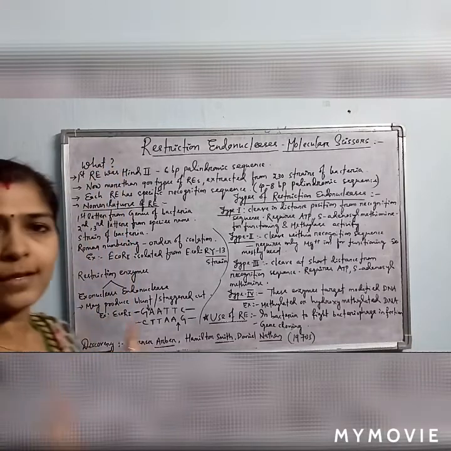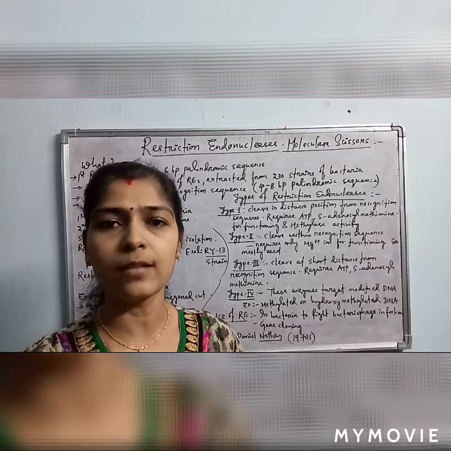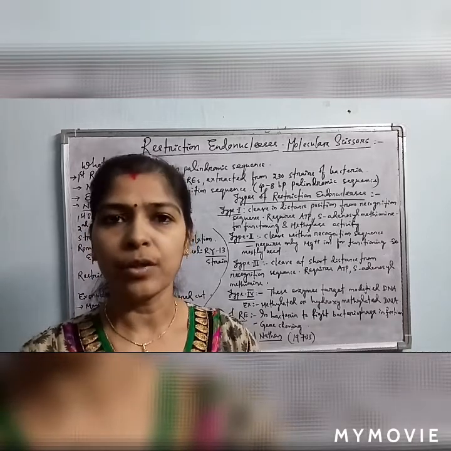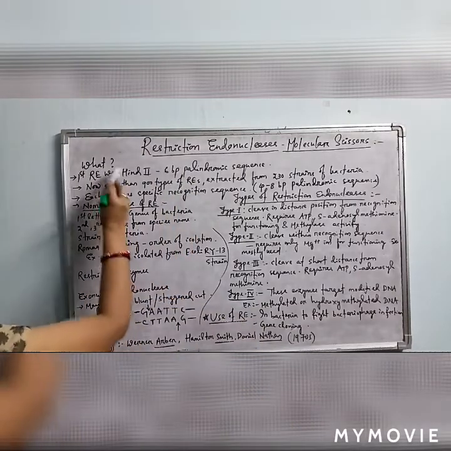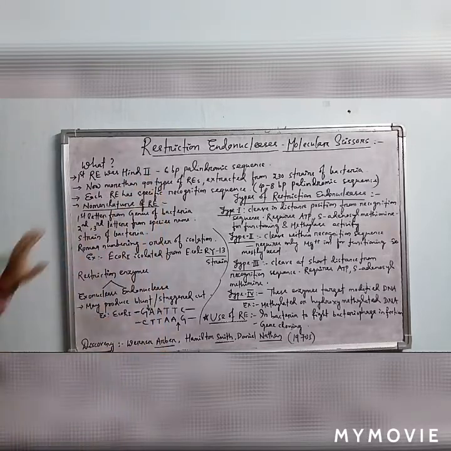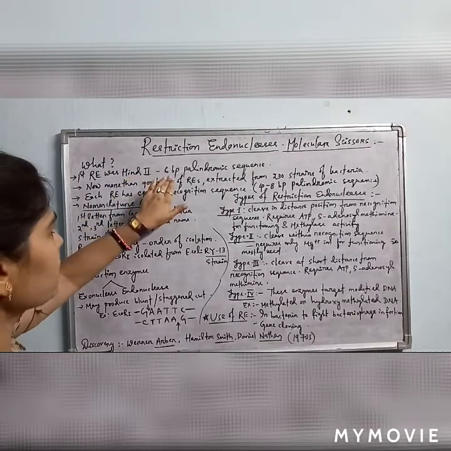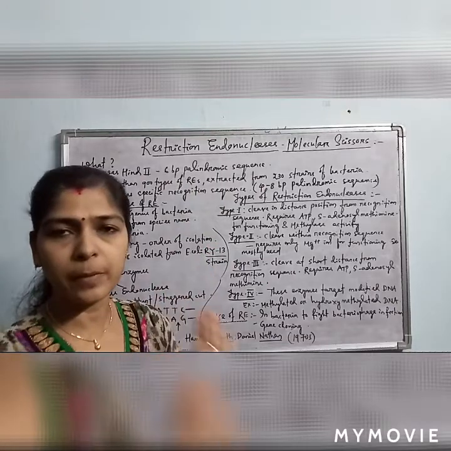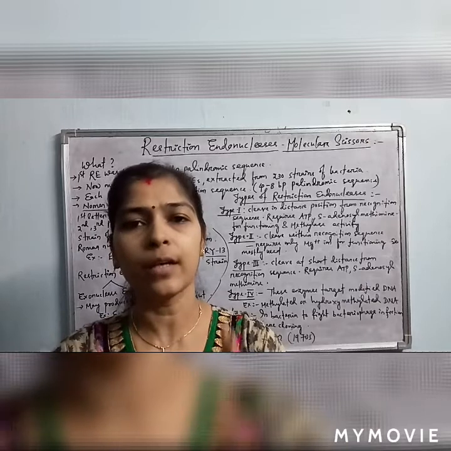So see here, what are the restriction endonucleases? We have discussed that these are the endonucleases which cut the DNA interiorly at restricted sites, and these restricted sites are known as the recognition sites of that restriction endonuclease, also known as molecular scissors. Then the first restriction endonuclease was HindII. HindII has a recognition site of a 6 base pair palindromic sequence, and in that palindromic sequence only it will cut the DNA.